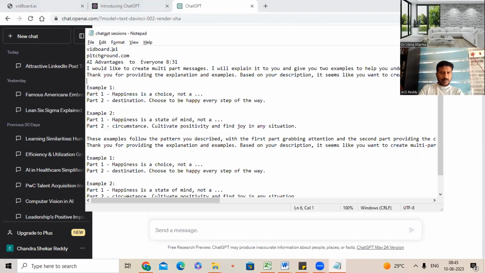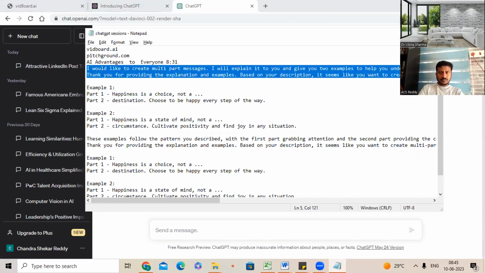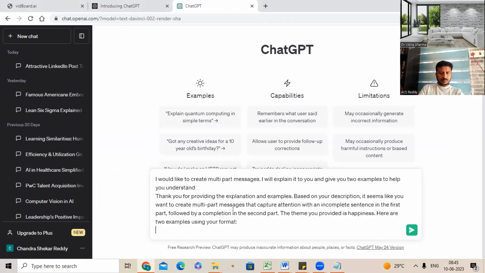There are 2 messages. I would like to create a multi-part. Copy and paste this, and then paste those 2 examples. I will explain it to you and give you examples to help you understand. This is what it created, right?